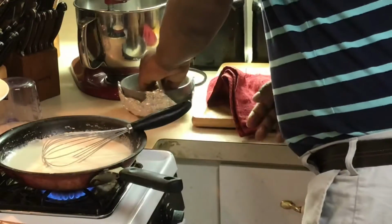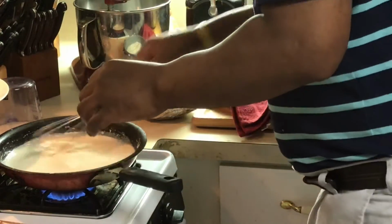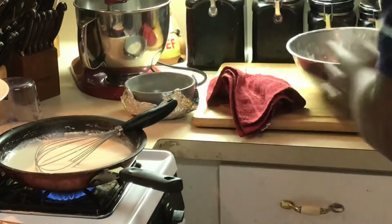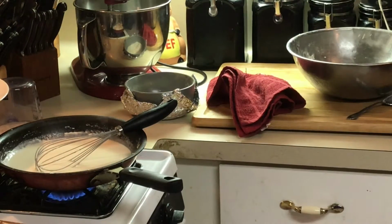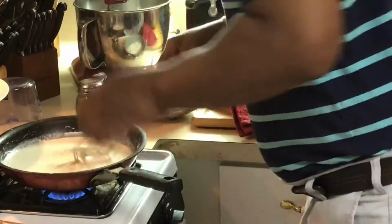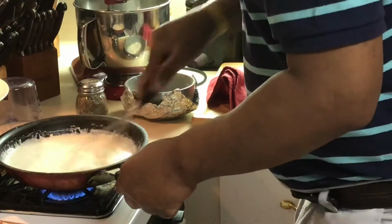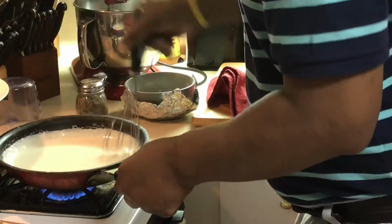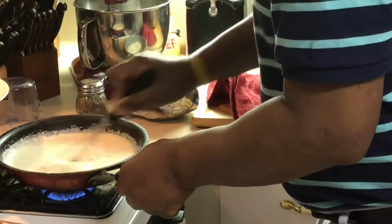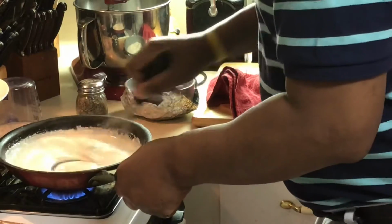I'm going to put a little salt and pepper in here. And I like to use black pepper. It's the only time you'll see me use black pepper when I make a gravy. I put a little black pepper in there. We're going to taste it here and make sure it's good. And then we're going to plate this thing up. We're going to have some old school fried chicken with some,